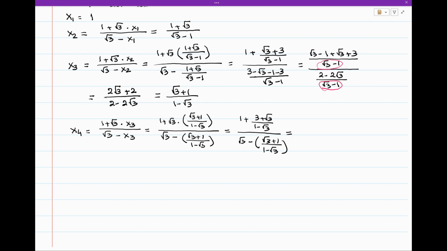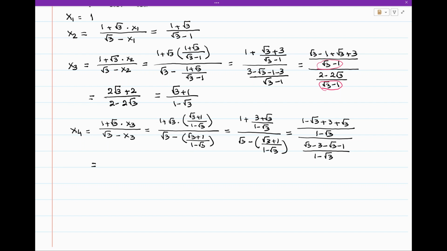And that is equal to (1 minus square root of 3 plus 3 plus square root of 3) divided by (1 minus square root of 3) whole divided by (square root of 3 minus 3 minus square root of 3 minus 1) whole divided by (1 minus square root of 3), and that is equal to,